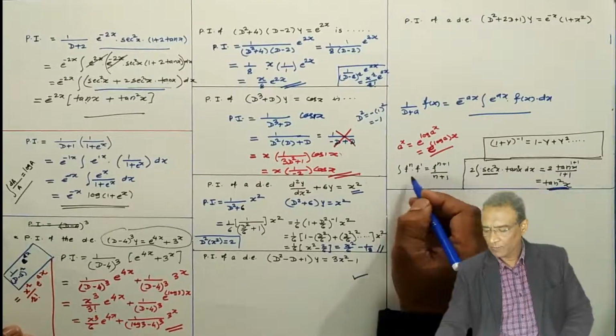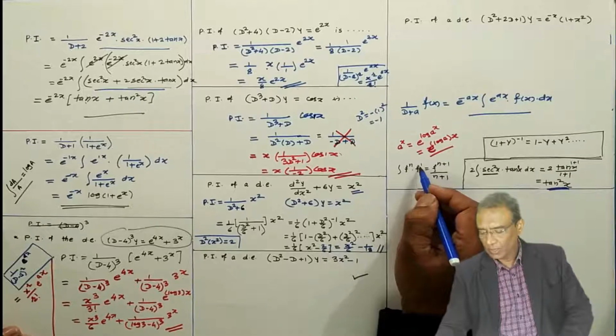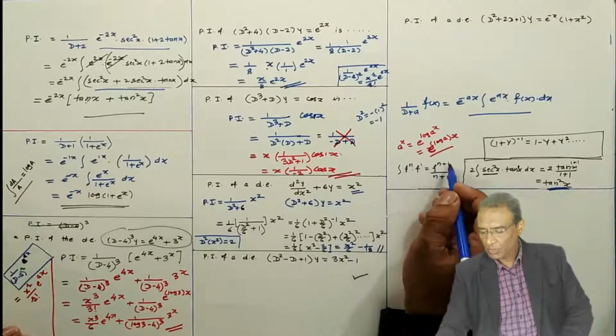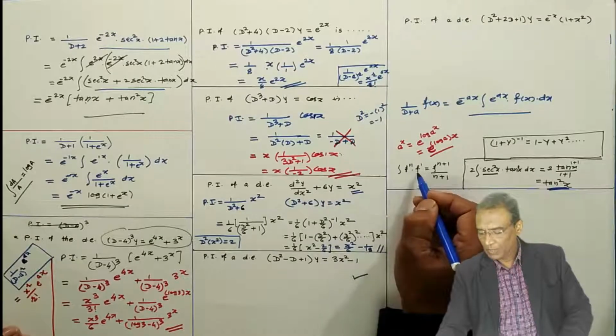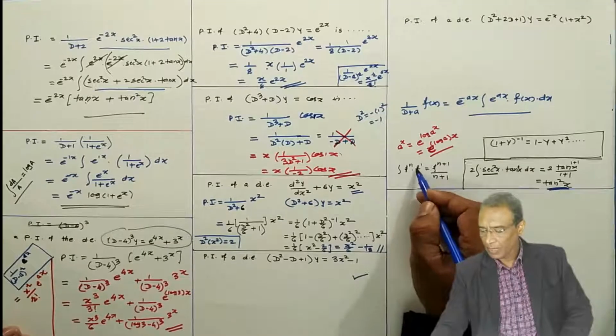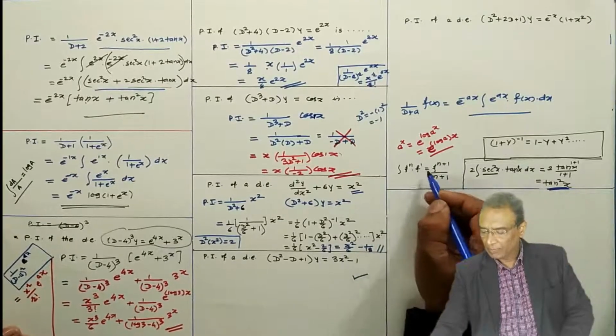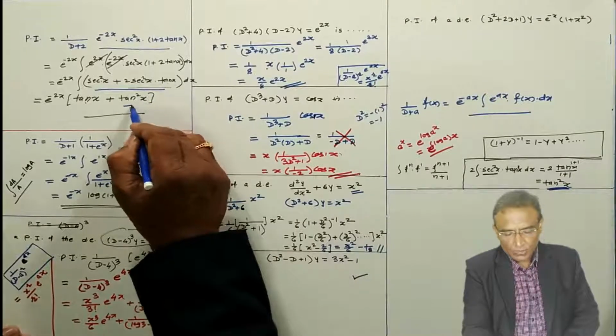This formula we use. What is this formula? If integration of f to the power n into f dash is what? f raised to power n plus 1 by n plus 1. Okay, if derivative of f occurs in the multiplication, the integration of the total term is this. The same thing has happened. f is tan and f dash is sec square, like that. The integration of this is tan square x.